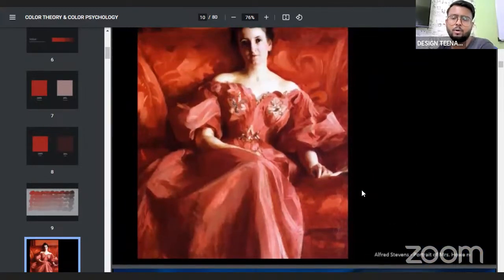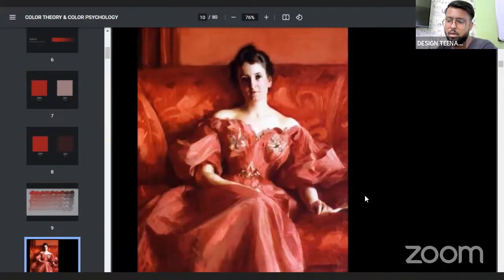So we have talked about all these colors also. This is a very beautiful monochromatic composition. What is a monochromatic composition? We need to understand that. A monochromatic composition is a composition made via one color. Now you might be asking me at this very point, sir, what about the skin color of that lady?